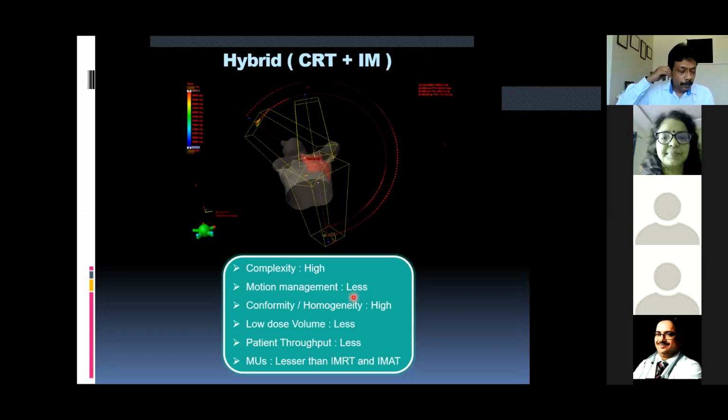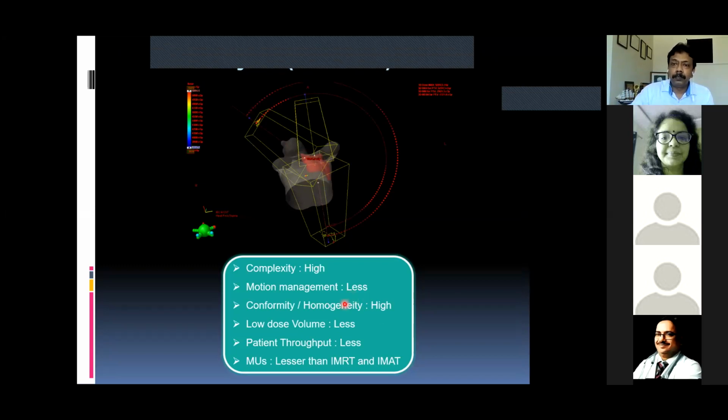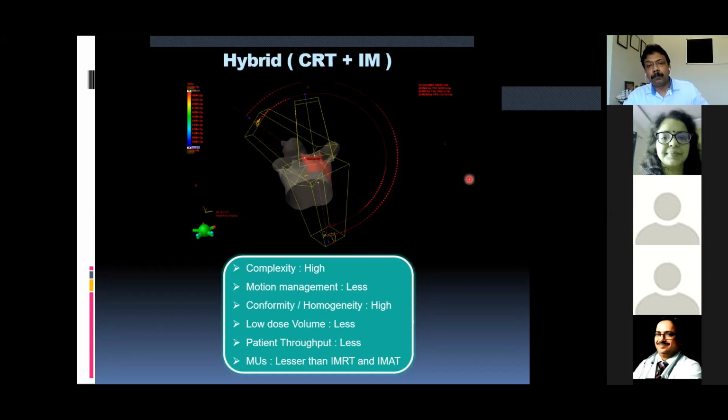We have seen that in some clinical situations, like carcinoma of breast, conformal radiotherapy gives some advantages, and intensity modulated also gives different types of advantages. So we have tried to design some treatment techniques, that is hybrid techniques, in a single plan in combination with conformal 3D CRT and intensity modulation.